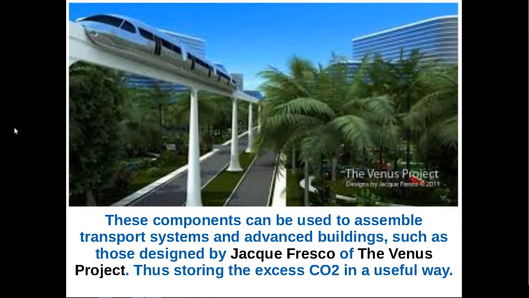Now this is a picture of Jacque Fresco's work in the Venus Project. He recently won an award from the UN for city design, and it's just a concept of the type of things that we could be making by converting the carbon dioxide into carbon nanotubes and just 3D printing it into things. So we could actually work on designing sustainable cities, sustainable architecture, and the fact that we'll be storing it